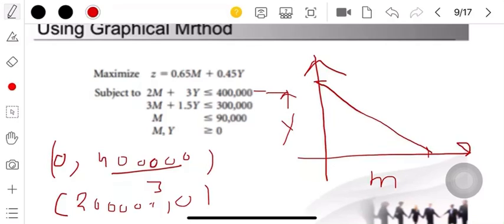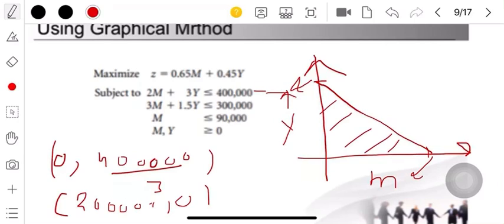So this is the equation of the line, but here the sign is less than or equal to, which means just check whether the portion is containing the origin or not. So if we put (0, 0), so m equals 0, y equals 0, is 0 less than 4 lakh? Yes, it is true, which means this constraint contains the origin. So this is the region, but m and y are positive in the first quadrant only. So this is the region contained by the first constraint.